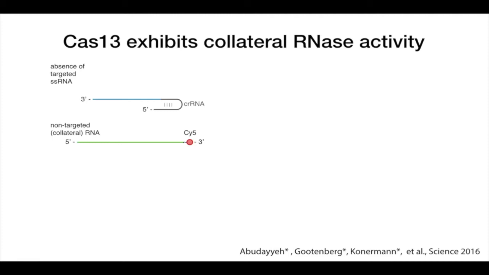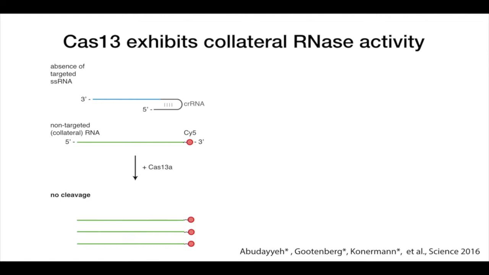So what is also interesting, in addition to cleaving the recognized RNA, we found that it also has a second RNA activity that we call collateral activity. So the way this works is, if you look at this experiment, we'll have a guide RNA and we'll have a target RNA, but this target RNA has no homology to the guide, so it's not recognized by the guide RNA. And if you put Cas13 in this reaction, what you will find is that nothing gets cleaved because the guide doesn't recognize the target RNA, and you just end up with no cleavage.